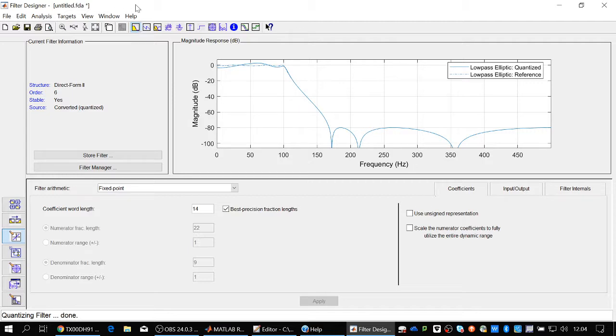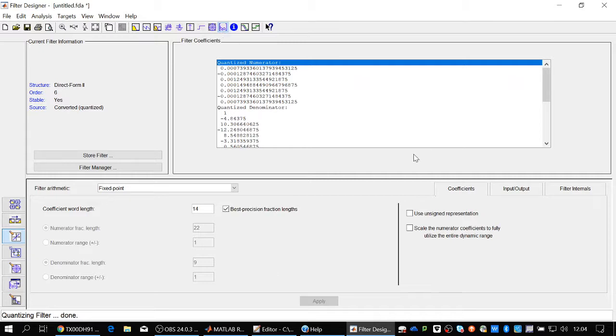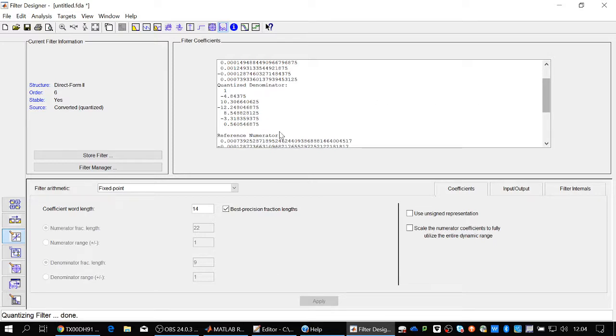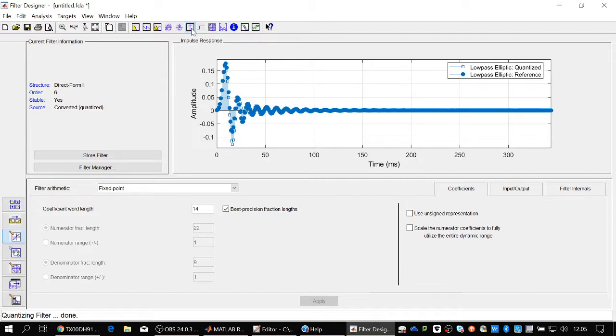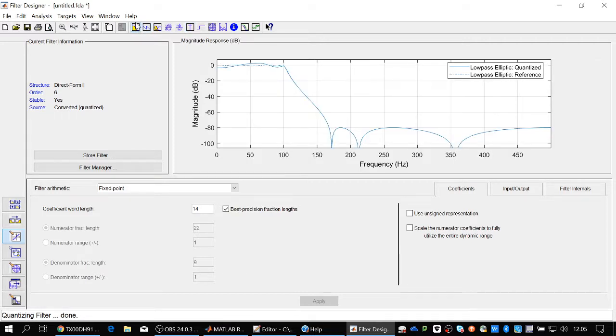Okay. And basically the denominator parameters give you the idea why that happens. See, this quantized denominator has the biggest number 12 and the smallest number 0.6 on the denominator. So that's almost 3 orders of magnitude different. That's a lot. So small errors there make a huge difference in the performance. Okay, but anyways, that's how you play with this